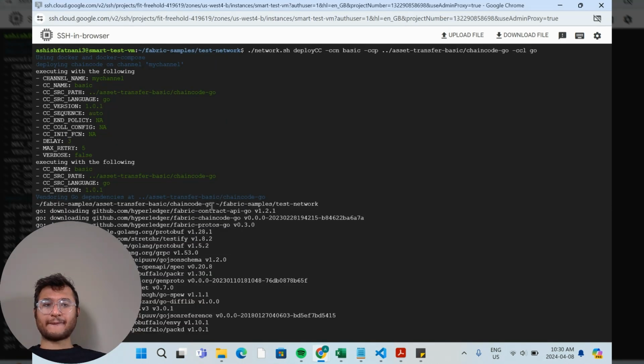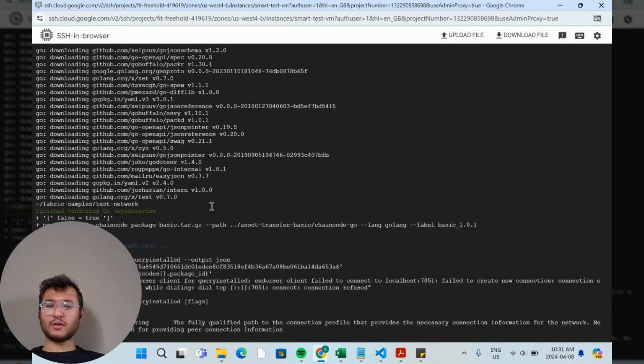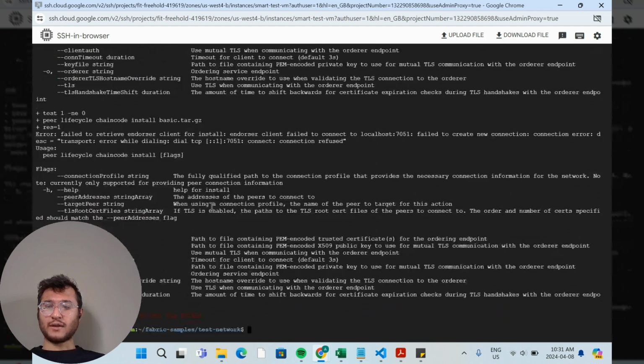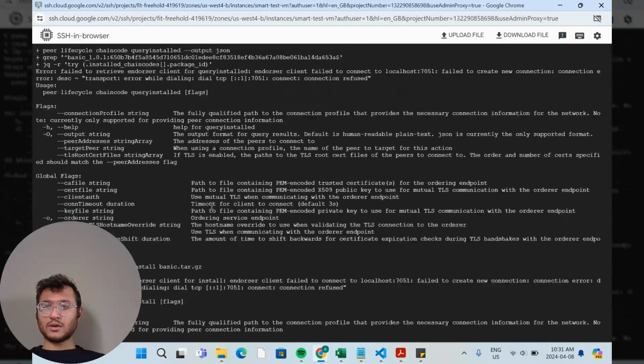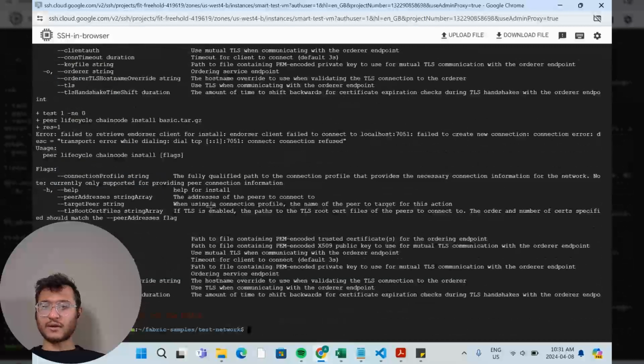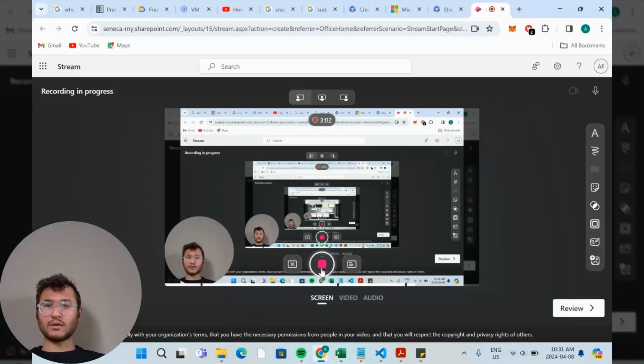So as you can see, previously it was giving me an error. My chaincode failed to deploy. Thus I restarted my virtual machine. After that, even after that, it's giving me some error. Let me